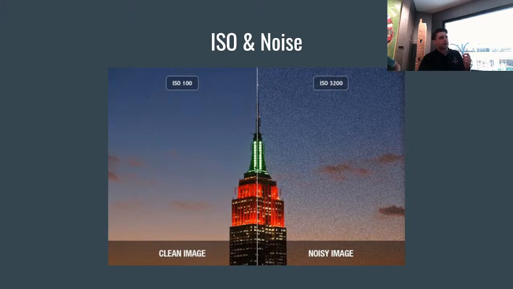ISO, as it's battling the sun or playing with the light, can cause graininess to the photo. Some people love it, that's what they want with a photo, because that gives it that certain feel. When I shoot personally, my ISO is always at 800. And I think the 800 with my settings gives me the most film-like picture